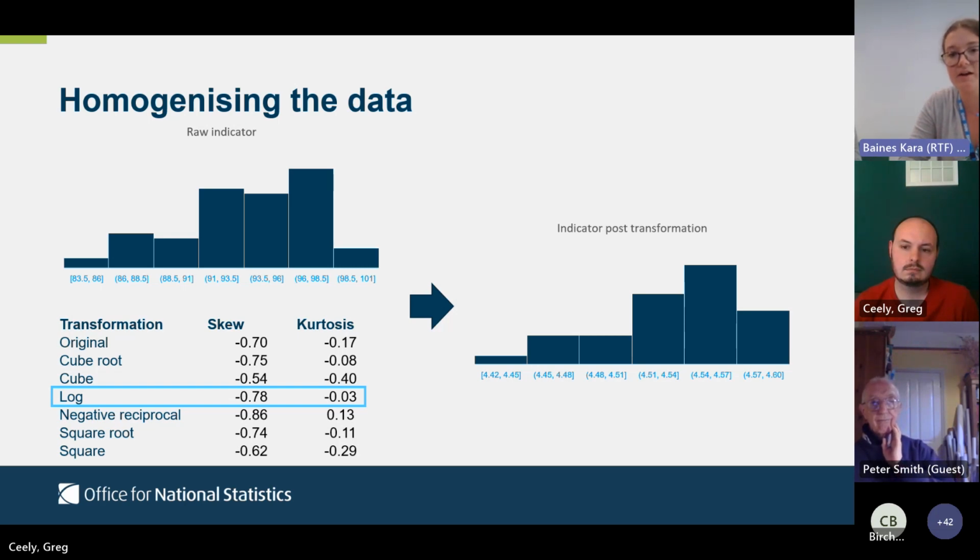So you can see that effect when you shift the data and transform the data in that way on the right-hand side. The skew has remained, in fact increased, if you look at the skew calculations, but that tailedness has decreased, which is what we want to do with the transformation. You can also see there that the scale has been affected by the log transformation, so it's much narrower at 4s rather than 85s, and then you would normalise that on the 100 using that time index normalisation that Greg talked about.